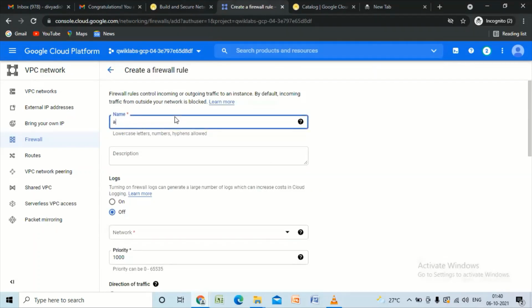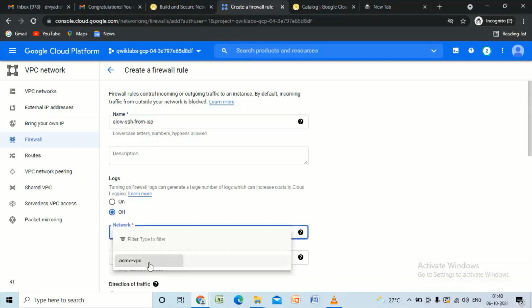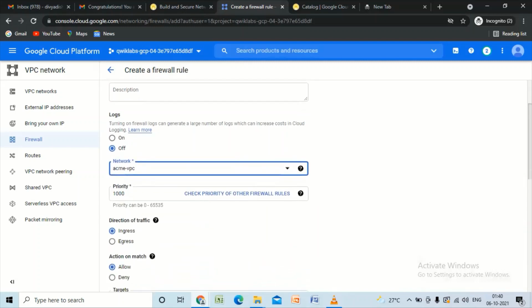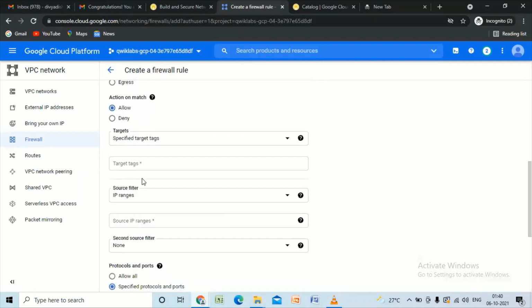I'm naming it allow SSH from IAP. You need to select the network. Specify the target tags as the Bastion.